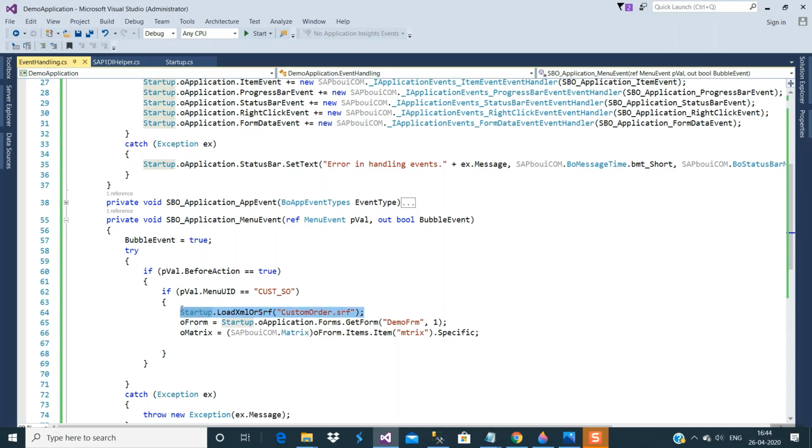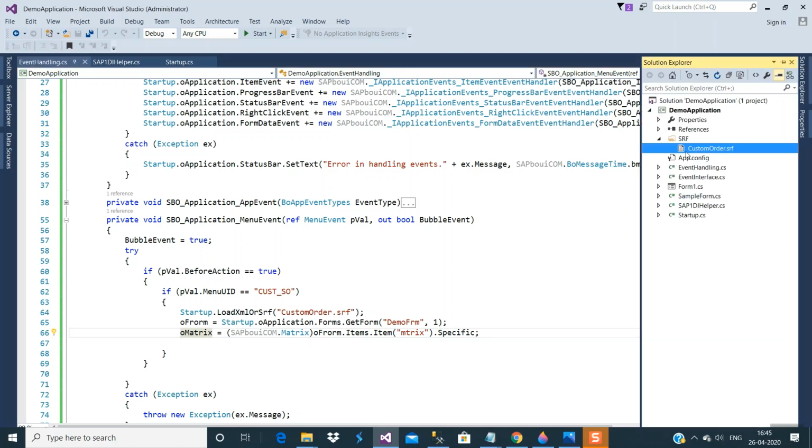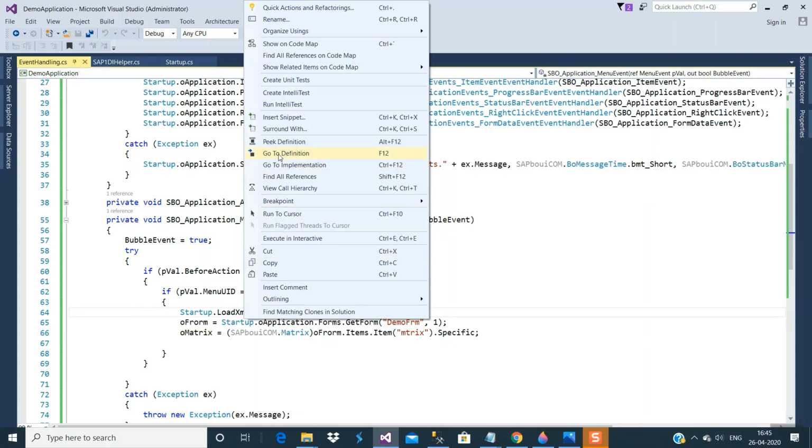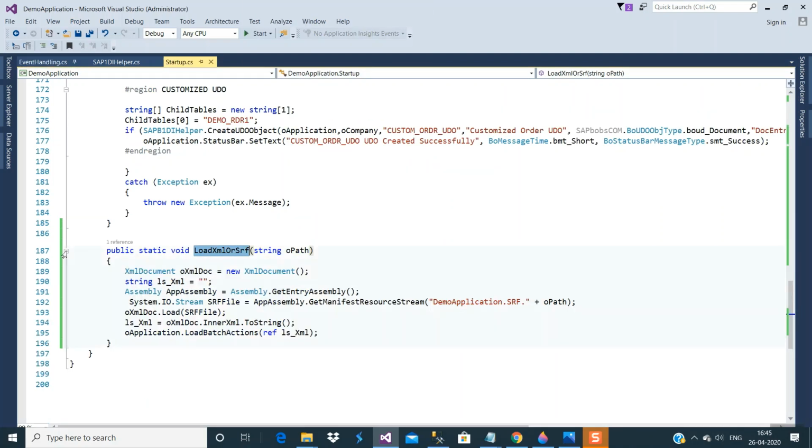This will load the srf file, and then we have created our form object. Further, you can create many objects which are used on the form object. I have only created a matrix object. Further we will make changes in this matrix, but for now we are not going to do much more in this video. This folder I have created and given the path inside this function. Go to definition.